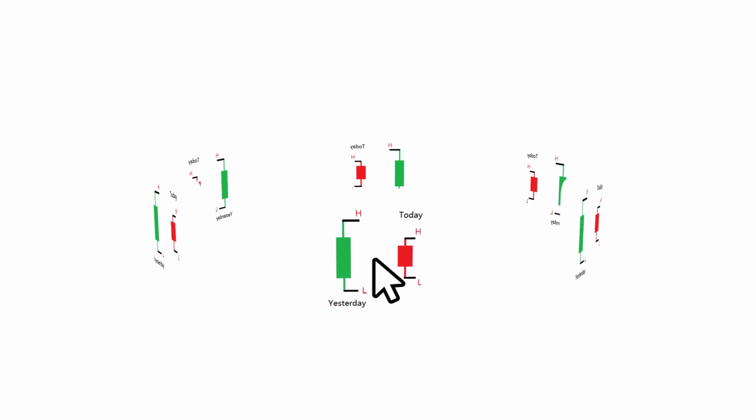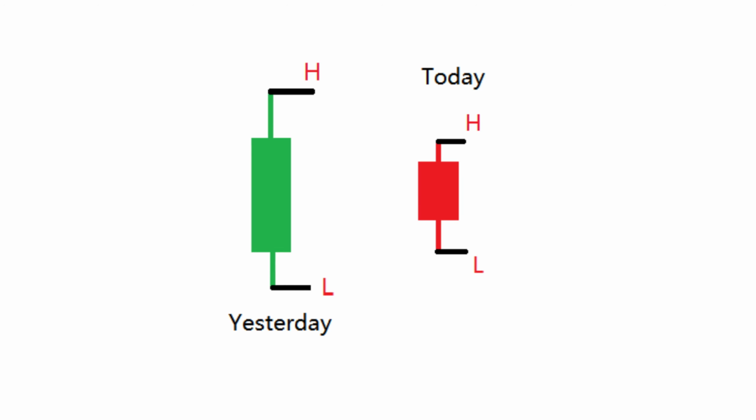Look at this chart. See these two? Today's high is lower than yesterday's high, and today's low is higher than yesterday's low. They are overlapping so much that one is literally inside the other. In technical analysis, we call this a K-line inclusion or a containment. And if we try to analyze the market with these messy, overlapping lines, we get mixed signals. It's like trying to see a road while looking through a muddy windshield.